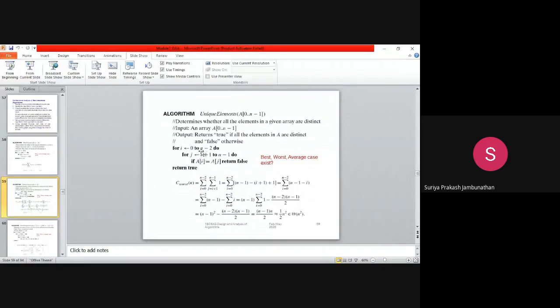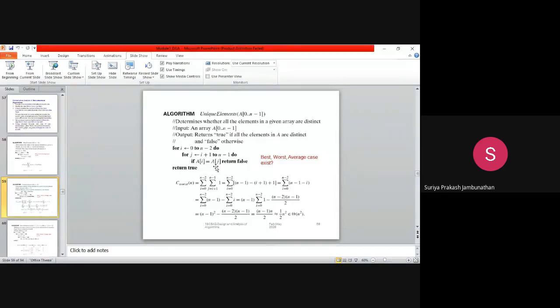So there was a mistake here, students. J equal to J plus 1 has to be given here, not I plus 1, because every time this value will be incremented and stored here. So the I value will remain the same. The I value will be taken from the outer for loop and the J value will be incremented every time here. So in the last iteration it will be 4. So A of 4. What will the A of 4 value be? A of I will remain the same.